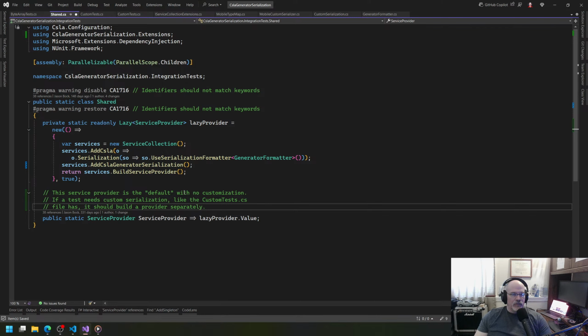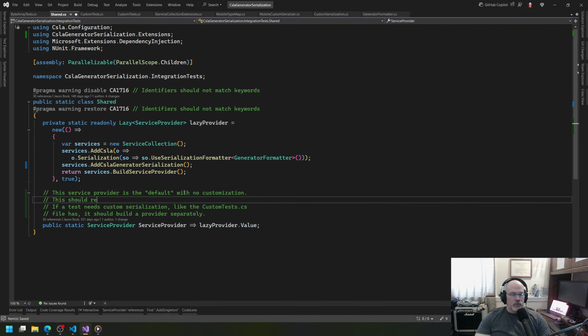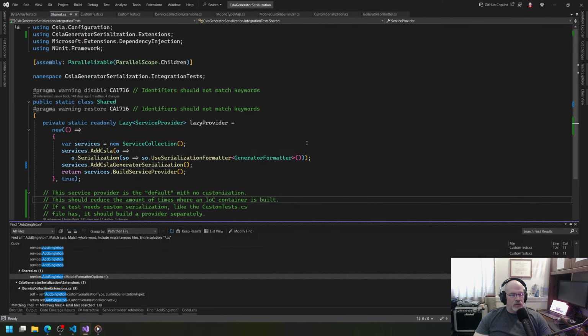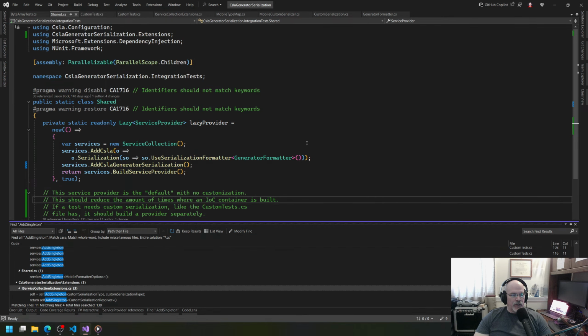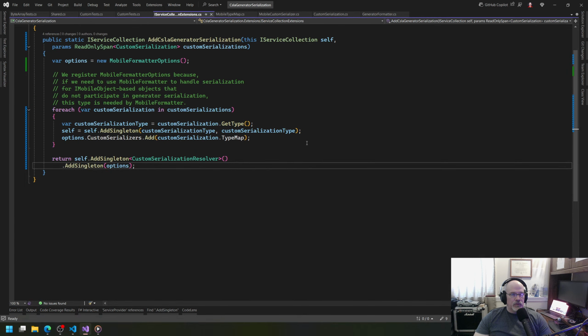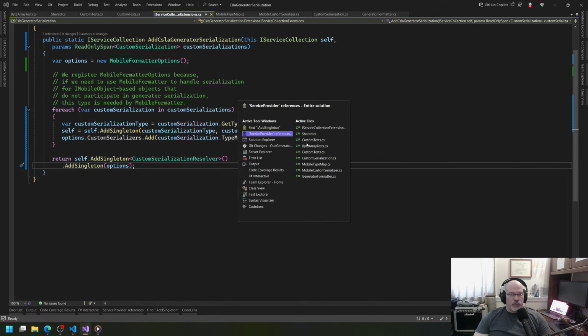So I put that note there. This should reduce the amount of times an IOC container is built. Okay, that makes sense. So that got taken out. And then that's just in